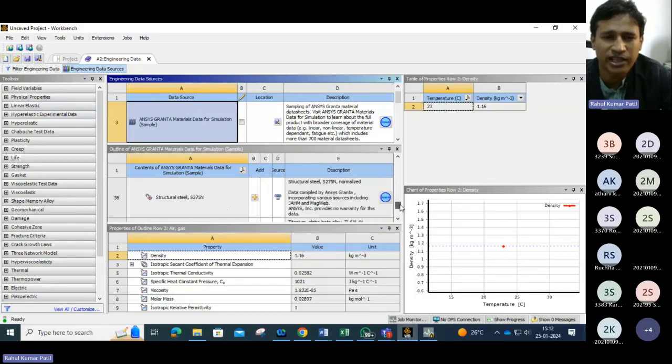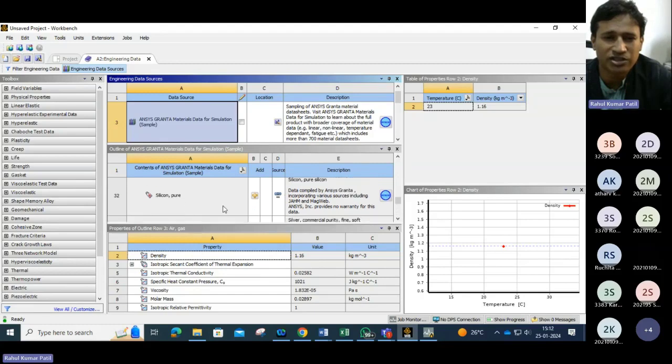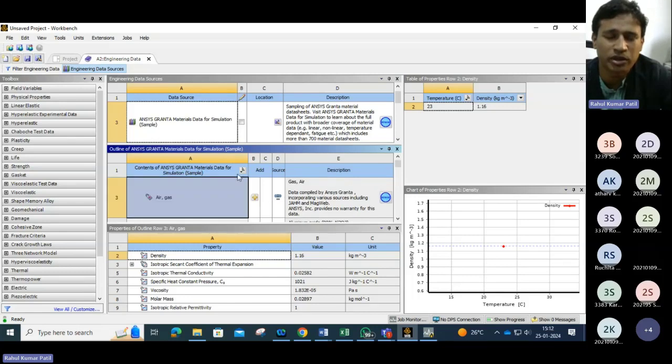So let's say this is structural steel, I want stainless steel. I can add this material just by clicking this. Once I add this material, it is going to be added in my engineering data. Once I go to the filter data,